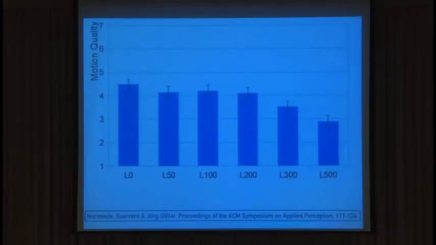So if you ask them about the quality of the motion of the avatar, then you can see that there is an impact of delay. It's a small one. It's significant, but only at 500 milliseconds. So this is when we start to see, if you ask the right questions, maybe you'll get insight on how your user perceives